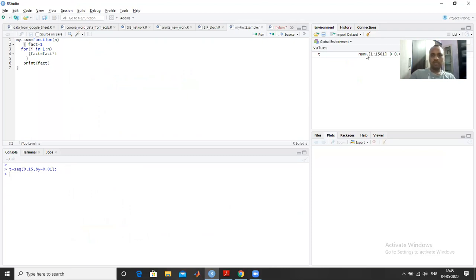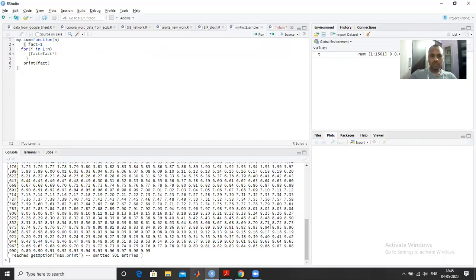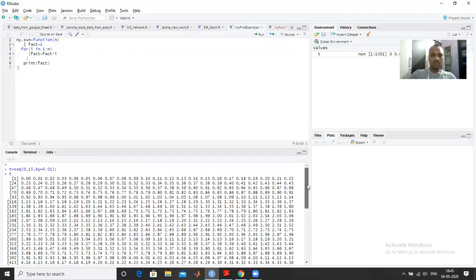So t is a sequence. You can check here. You open this variable, or I can put it here, t. So this is a sequence. It will generate a sequence starting from 0 and the increment will be 0.1.